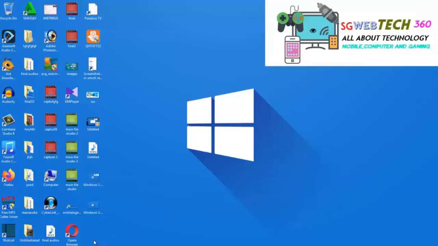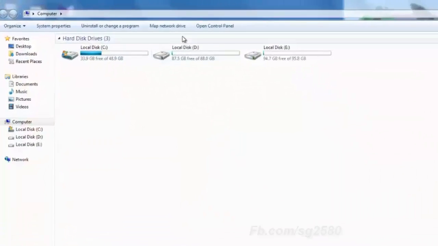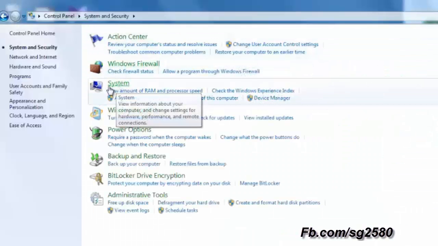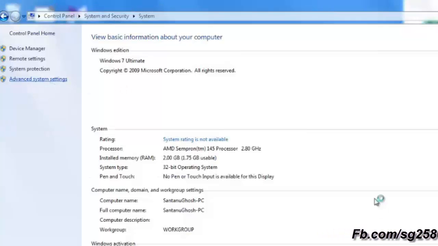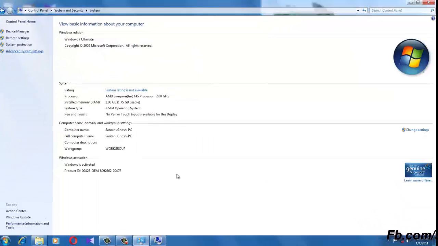Now again you have to open Computer, open Control Panel, then go to System and Security, then go to System, and then you have to go to Advanced System Settings. In Advanced System Settings, you will see that a new pop-up window will come. Now you have to click Settings.